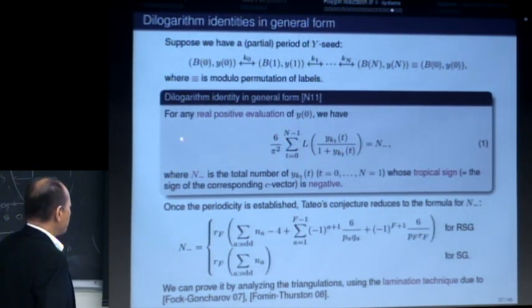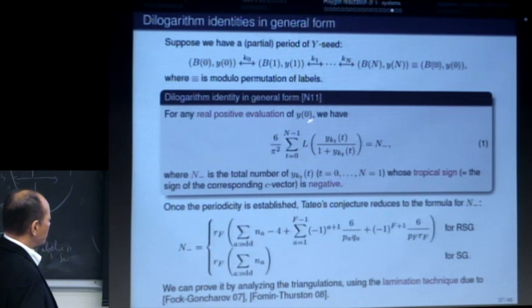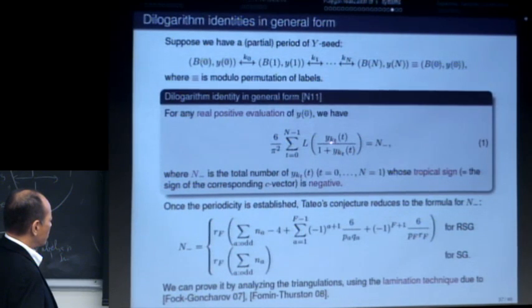Then a general theorem proved by myself is as follows. For any real positive evaluation of your initial Y variable, you just put it inside and add up, and you add your forward mutation point, divide these things, it gives some integer,